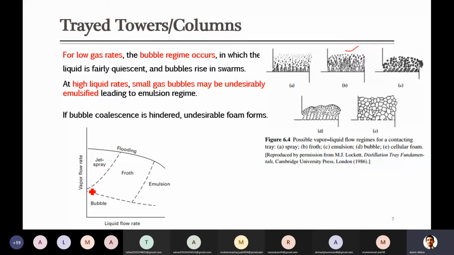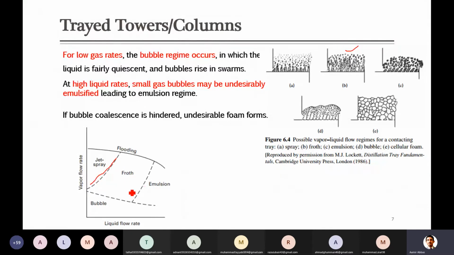First of all, just look at this initially, the jet spray region, this first line here. In this, liquid flow rate is on the x-axis and vapor flow rate on the y-axis. There is very little or no liquid flow rate, and if you keep on moving away, the flow rate of the vapor is high compared to the liquid flow rate, the liquid holdup. So in this case, it will jet or spray because the vapor flow rate is high.